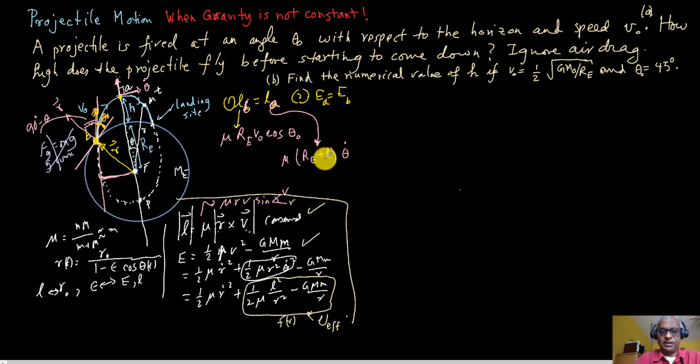So these are equal to each other, and you can see the mu cancels out and things like that. So I'm just going to leave it like this for now. So this is equation 1. And equation 2,